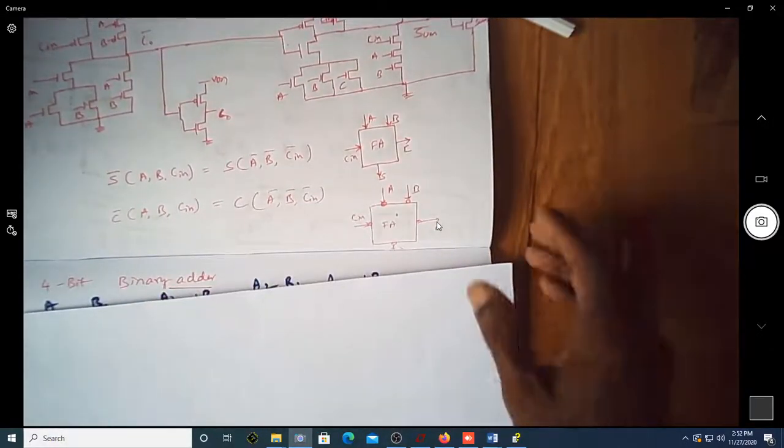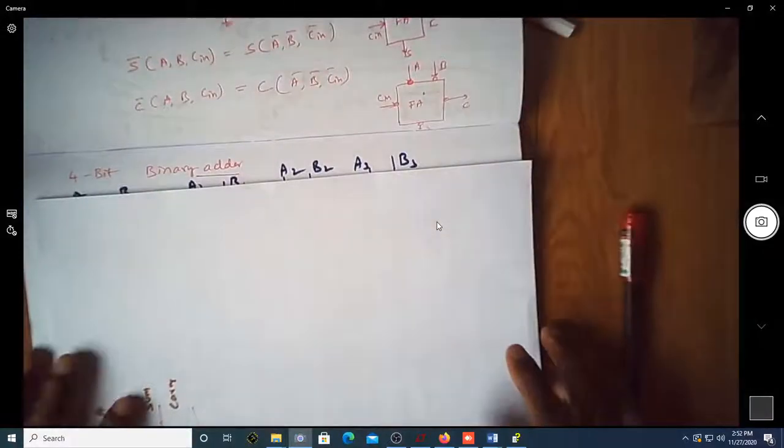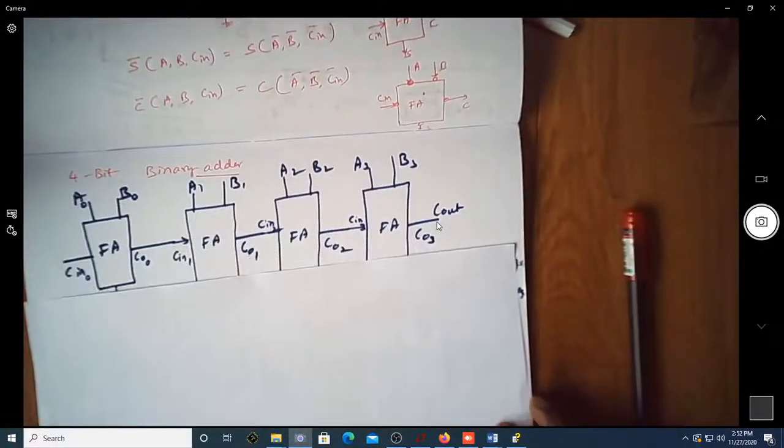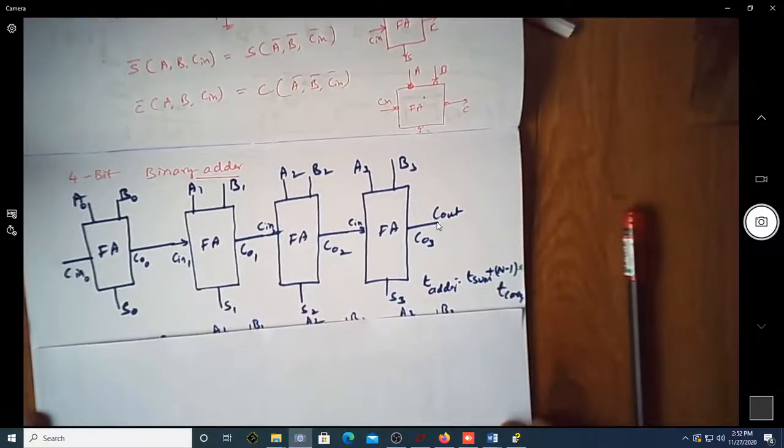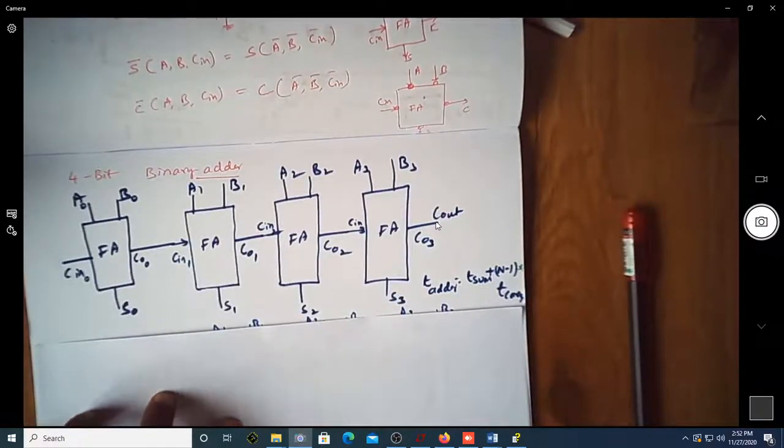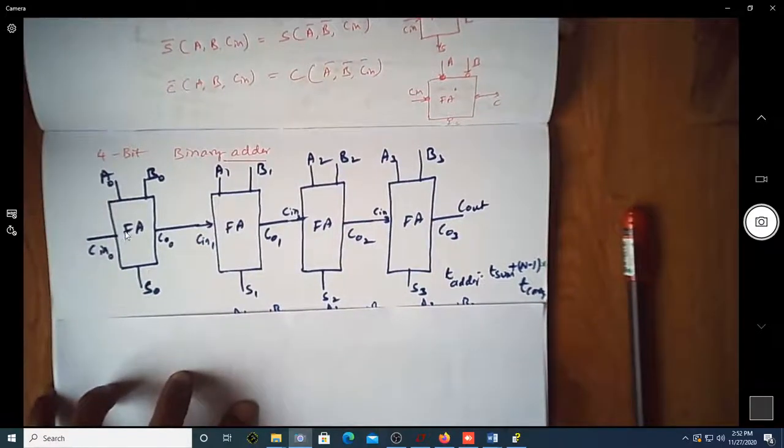Now just carefully have a look at the implementation of the 4-bit full adder. This is the 4-bit full adder we learned in the previous case. You can see this is a very simple thing. You have 4 full adders, so this is a 4-bit binary adder. The input is C0, and of course we have A0 B0, A1 B1, A2 B2, and then A3 B3.